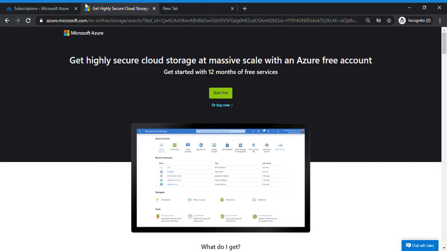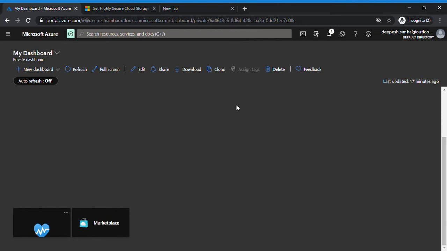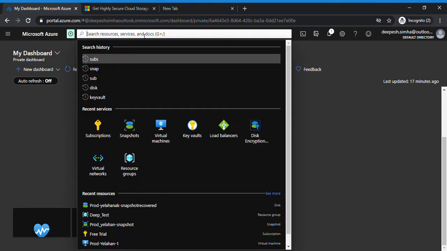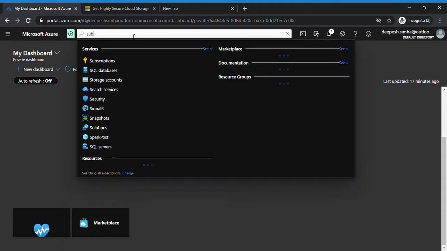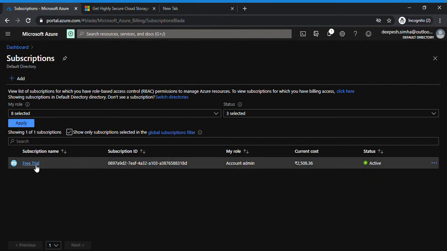Okay, let's go. Right. If you look now, once you have created a subscription, how will you check the status of that, whether it is created or not? You can just type the service name called subscription, and you can find it. Okay, this is my subscription, you are seeing, right? So there's a free trial. As I said, you are going to get a free trial, and this is the subscription ID. Okay, and these are my roles. See guys, whoever is creating a subscription, that person's account becomes the account admin, and only one account admin can be added for one subscription.